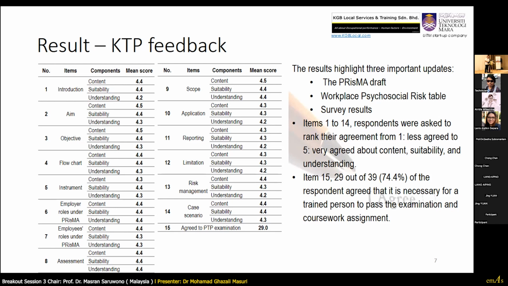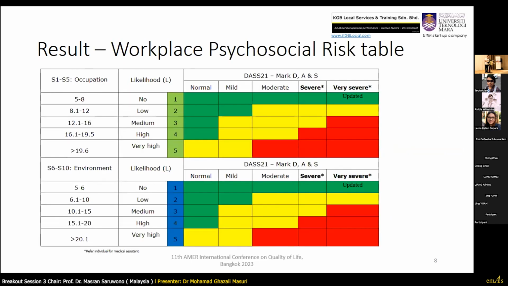Okay, so this is the new, updated result. As you can see, in the previous publication, this table was actually in yellow color. But now in the recent publication, inshallah, to be published end of next month, it turned to green. Why is this important? Because now the risk has changed from medium to low. Green is low, yellow is medium, red is high. That's the traffic light coding that we use.